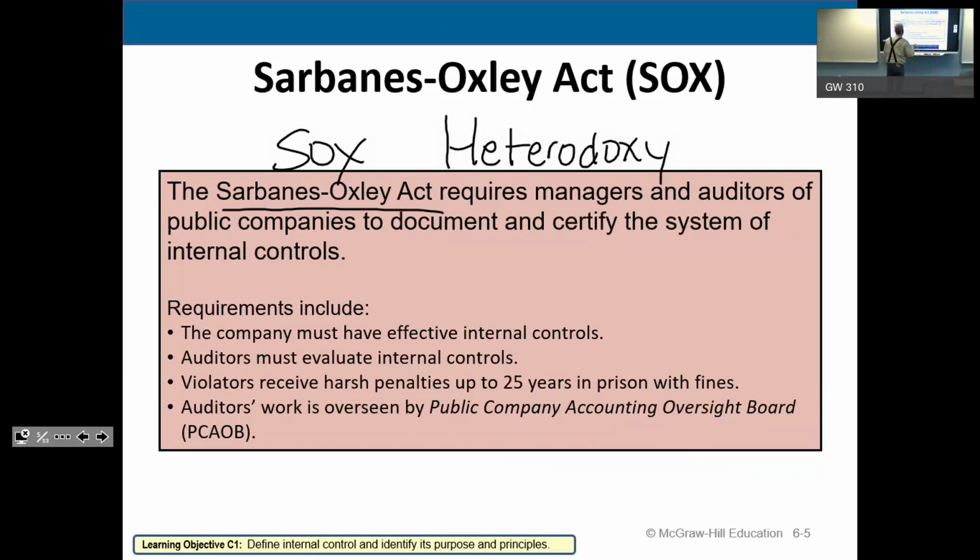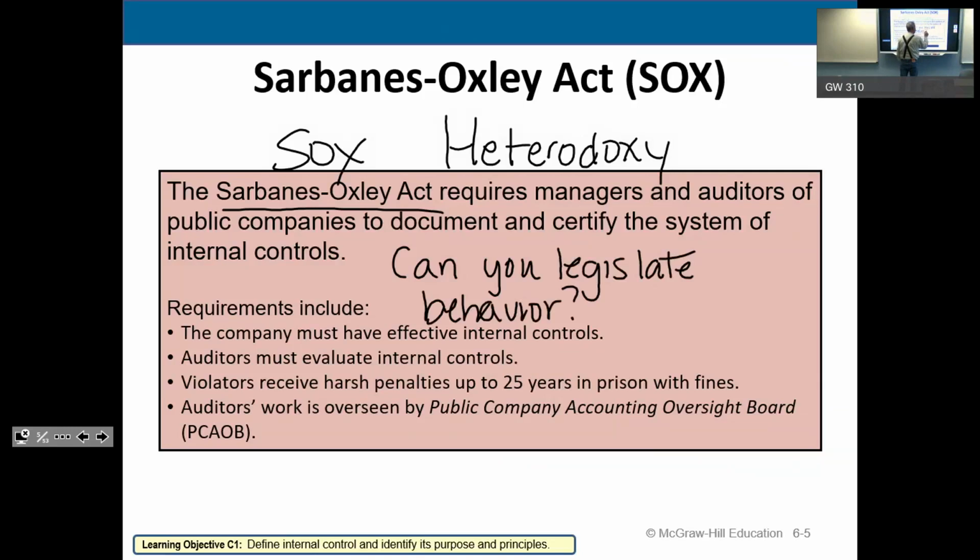I don't think that you can legislate. Here's the question: can you legislate behavior? This is a $20 question, and you can steel man this argument by saying, well, of course, if you put enough taxes on smoking, nobody will smoke again. So in a way, you legislated behavior. Yeah, it's a carrot and a stick. But Sarbanes-Oxley required managers and auditors of public companies to document and certify the system of internal controls. This came after a list of